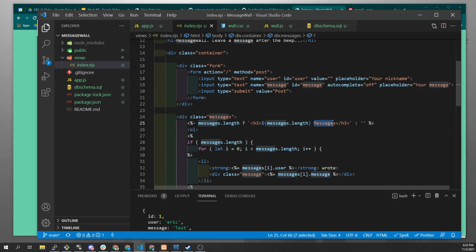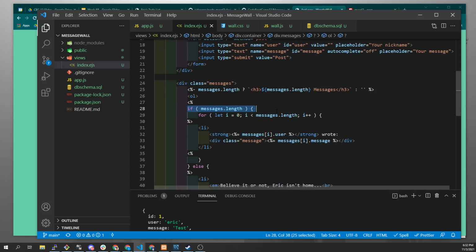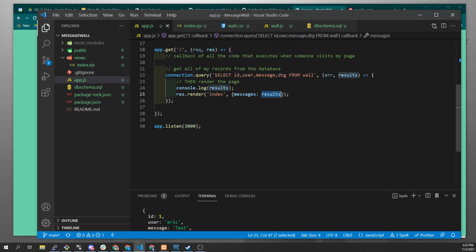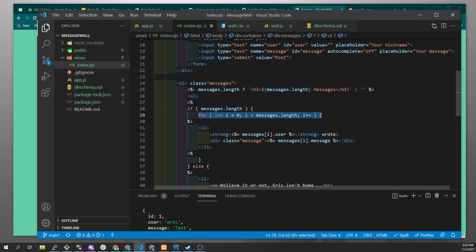Then we're saying if messages.length, I create an ordered list tag. Then I'm saying if there's messages, loop through it. I do just an EJS less than percent tag. That gets me into some code. I'm not doing the dash outputs. This just runs the code. And so I'm saying if messages.length, yes, great, for, and I'm going to loop through that messages object that is coming straight from here. Loop through this. Then we're displaying,